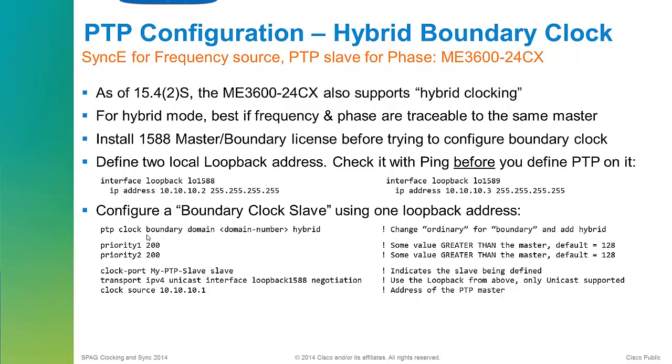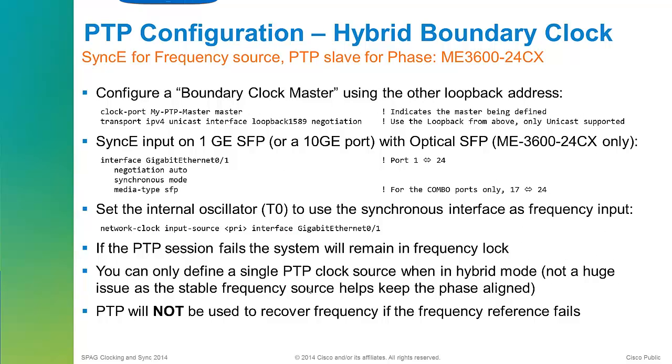Again, we're doing boundary clock, not ordinary clock, but just like we did with ordinary clock, we add the keyword hybrid. Define the priority, we define the slave port. Again, unicast negotiation 1588. And then we define the master, the PTP master, again using the other port. And then I just sort of cut and paste this just to give an example of